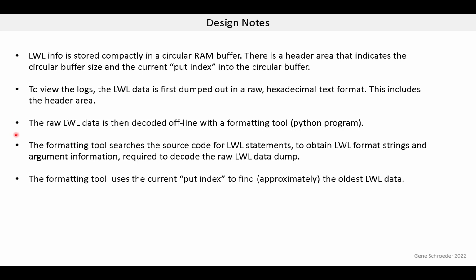This formatting tool searches the source code for LWL statements to include the LWL format strings and argument information required to decode the LWL data dump. The formatting tool uses the current put index to find approximately the oldest LWL data, and thus the oldest LWL